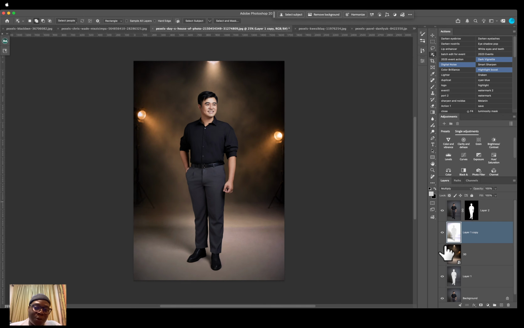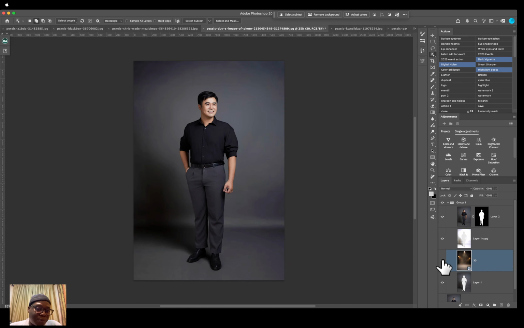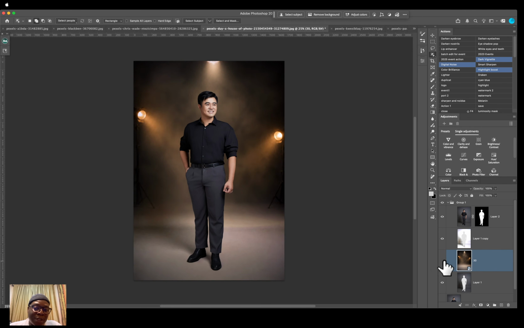So this is the before and the after. You can see how we have successfully changed the background of this subject from this to this. And this can work with any background you want to put if you want to retain the original shadow. But this only works when you shot the image with a studio background, because from a studio background you can easily get the shadow. But if you shot outdoor, because of the kind of fabric, the kind of texture that can be present in your